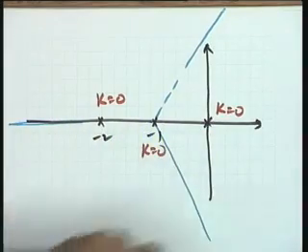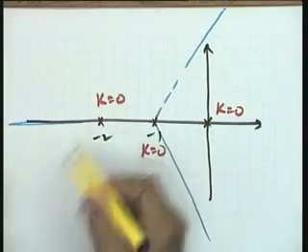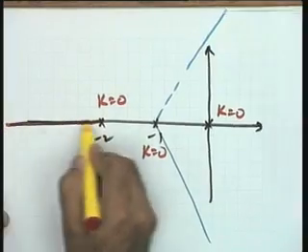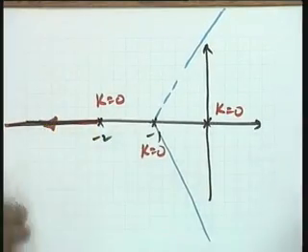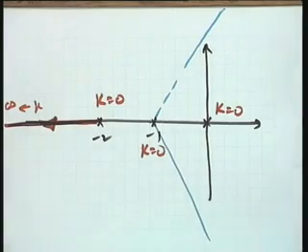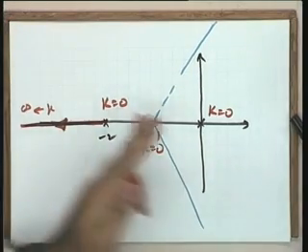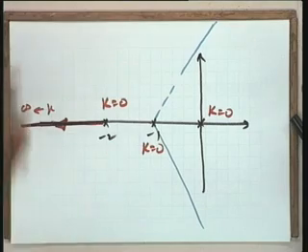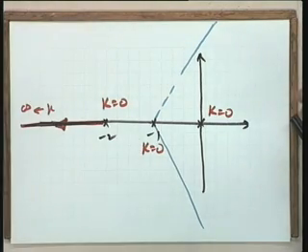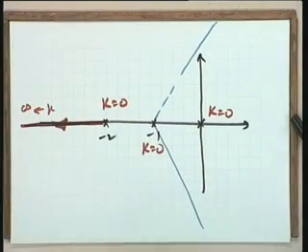So I think you might have got this feel that since this is the starting point, maybe one of the branches is going this way, and it is true. K going to infinity, there will be 3 branches. Since there are 3 open loop poles, there will be 3 branches. So one of the branches, you see, every branch gives you a closed loop pole for some value of K. That should be clear. So one of the branches is going this way, means one root is always a real root lying on this particular segment for any value of K from 0 to infinity.